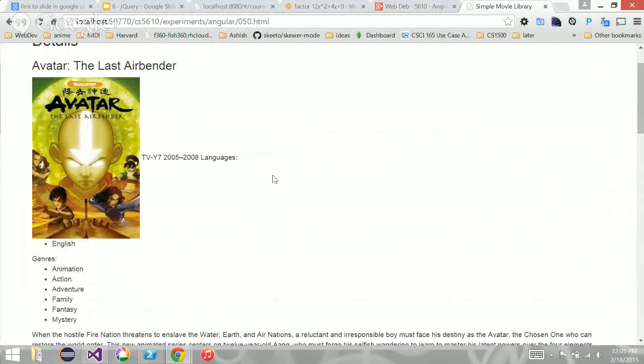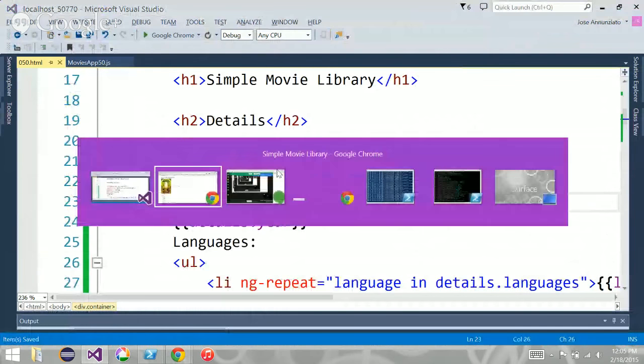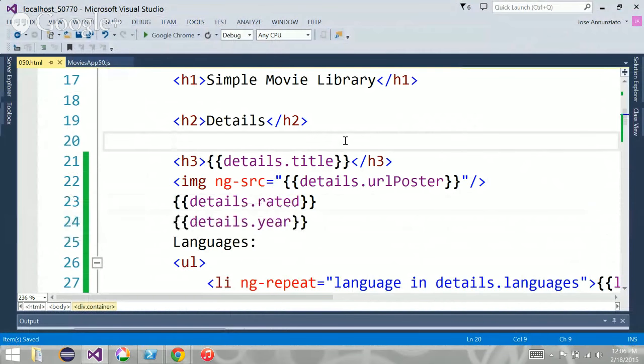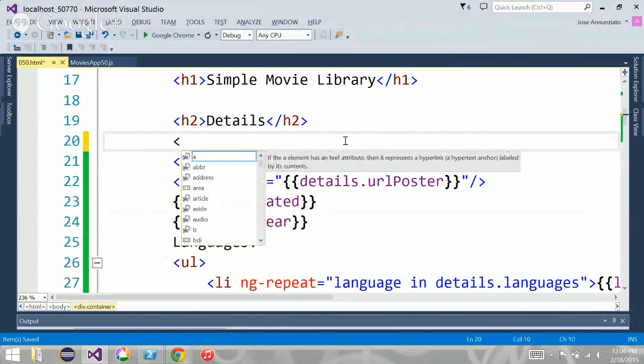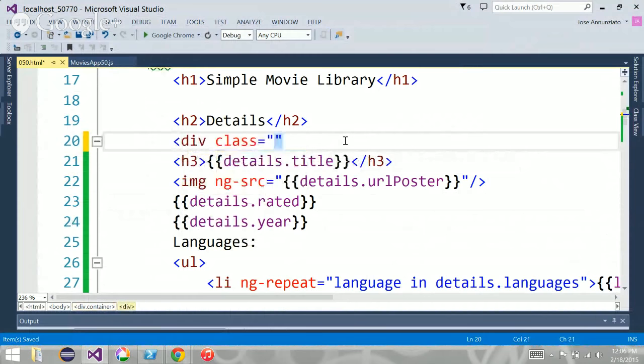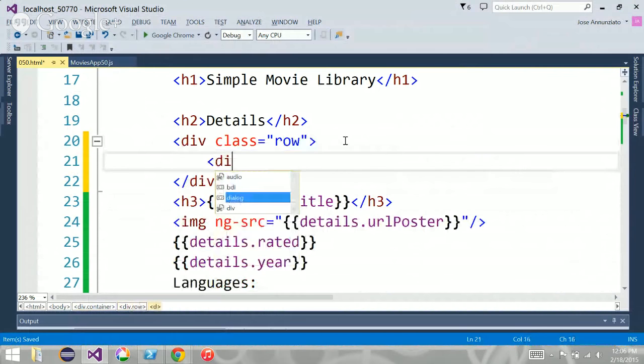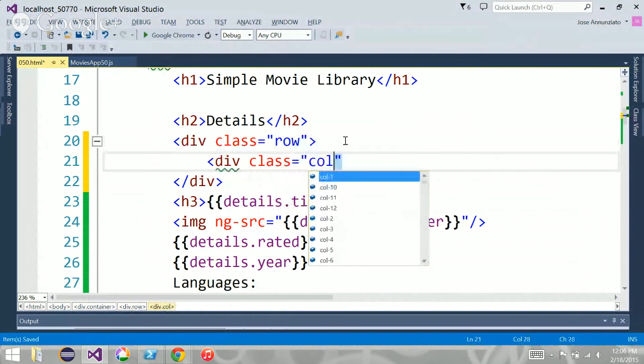Let's see. How could we display it a little better? Maybe what we could do is have here a row, right? So maybe a div class a row, right? And in that row we could have two columns perhaps. So we could have div class a column on the left hand side, right?